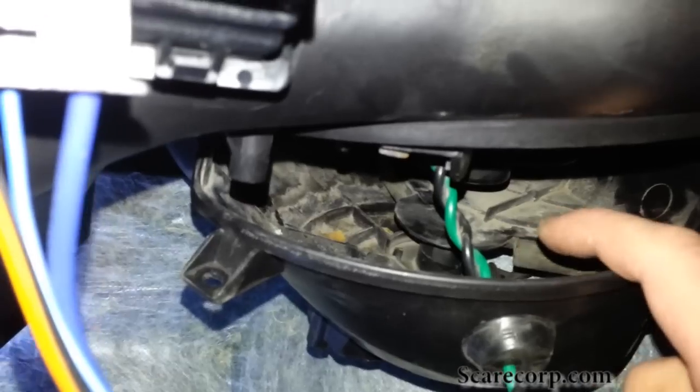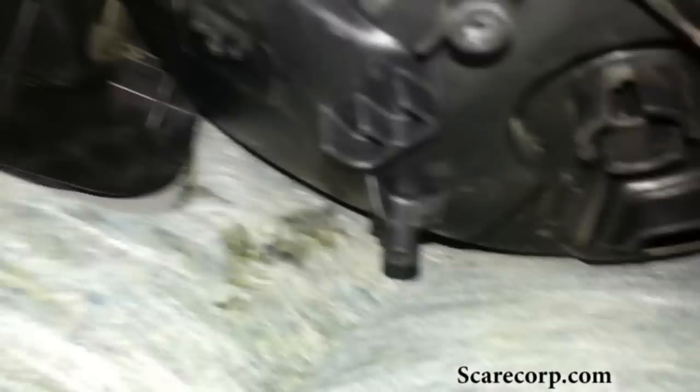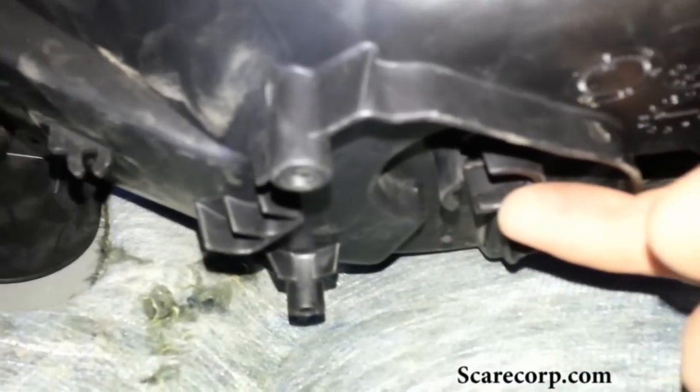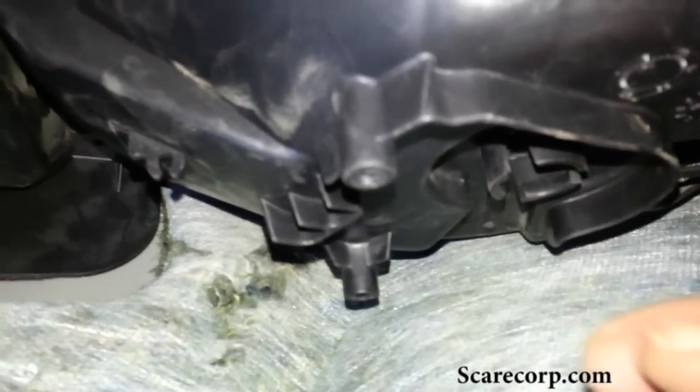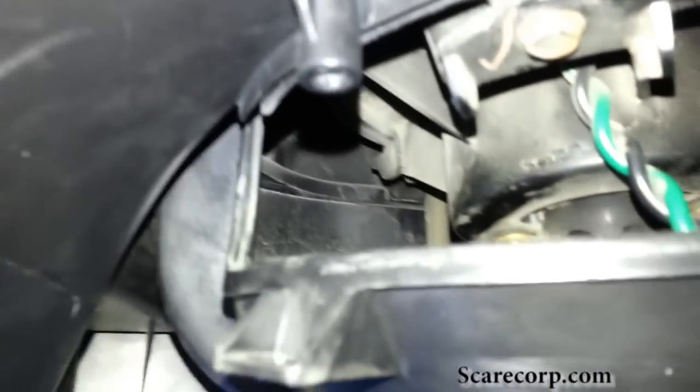It's kind of hard to see, but you see it goes in through the bottom here. Let's see if I can see that. That's where the actuator is, and then that shroud comes through here and then just moves it left and right. And then if you look right in there, there's a hole right there. Alright, and then there's the shroud,